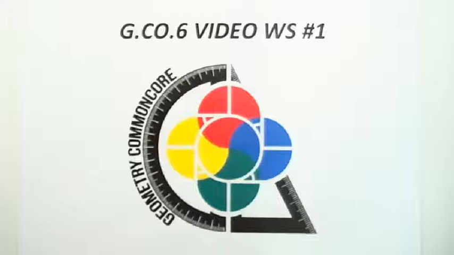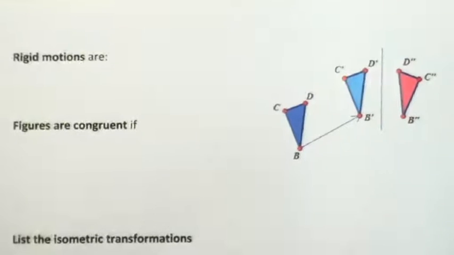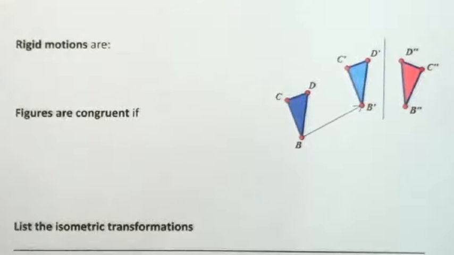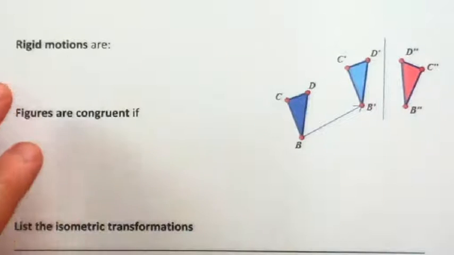Alright, we're looking at GCO6. This video is dealing with worksheet number 1. The essence of this objective is all about congruence. It's a word we've already begun using. We talked about congruent segments and congruent angles, things like that. So we're going to extend that a little bit to triangles and to general figures, but first of all, a